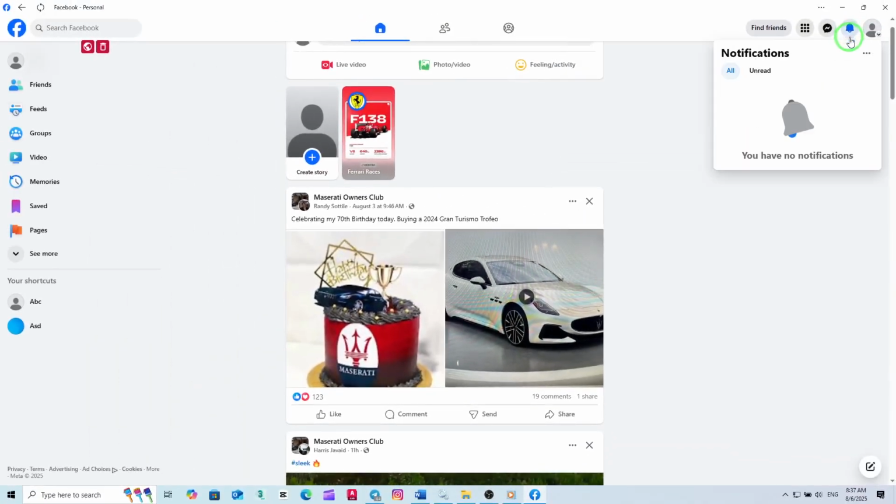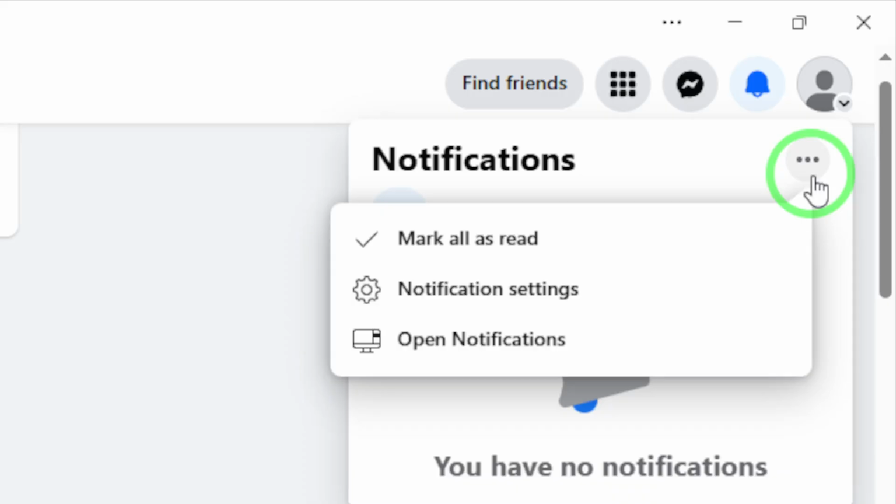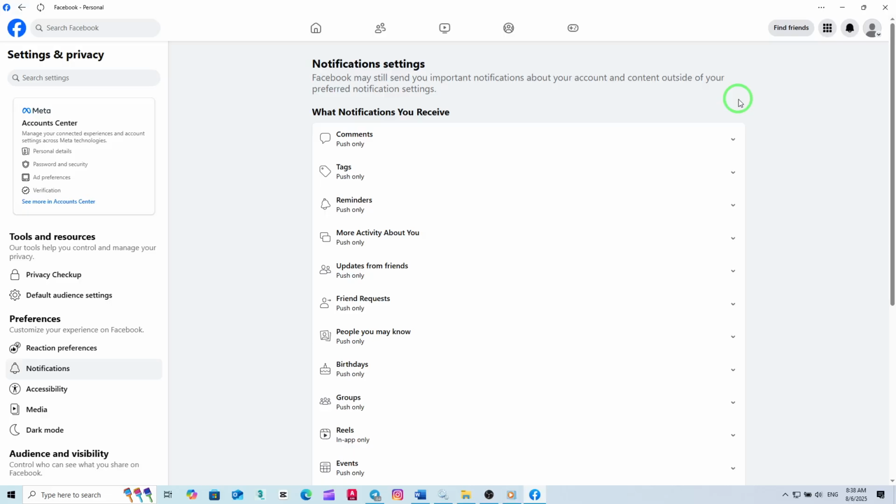Next, right at the top of this drop-down, you'll notice 3 dots arranged horizontally. This is the menu for notification options. Go ahead and click those 3 dots to reveal more choices. From the options that appear, click on Notification Settings. This will take you to a page dedicated to managing how and when Facebook alerts you about different kinds of